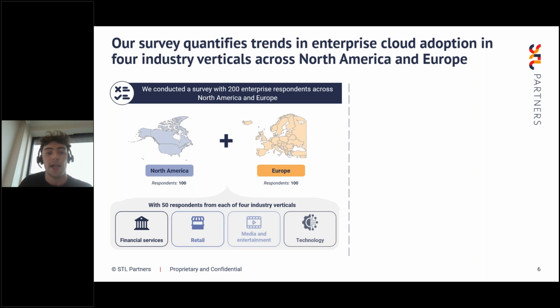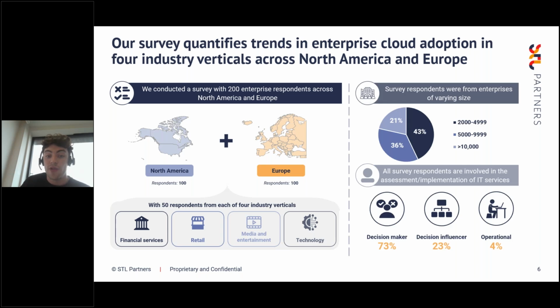And it's good to acknowledge that these industries are the early adopters of cloud. They would have been shifting to the cloud 5 to 10 years ago. And we chose these verticals because they'd be able to give good insights around our hypothesis. Individual respondents hailed from larger enterprises of varying sizes, and it's also important to note that we excluded SMEs from our respondents. And we typically were hearing from the decision maker in the assessment or the implementation of IT services